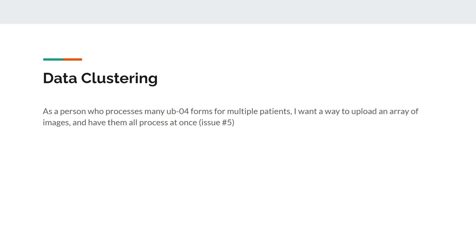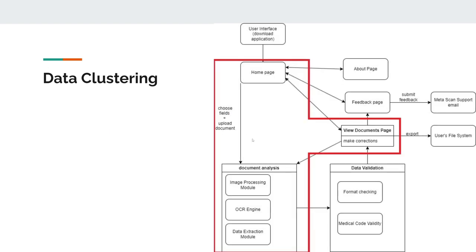Instead of doing it one by one in sequence, it would save the user a lot of time if they were able to do everything at once and upload multiple files at once. So that's why we decided to tackle this as a user story. It seemed pretty important. So our architecture,